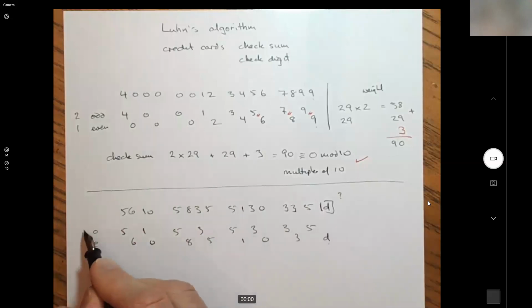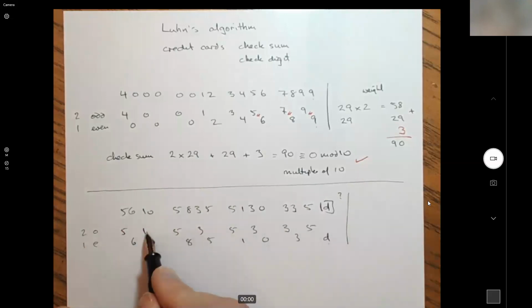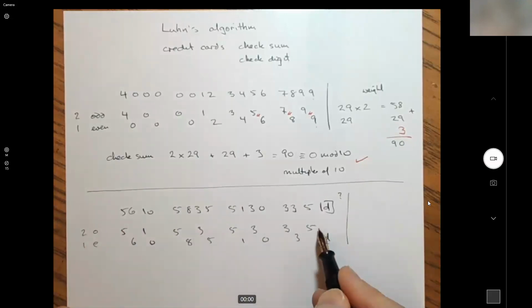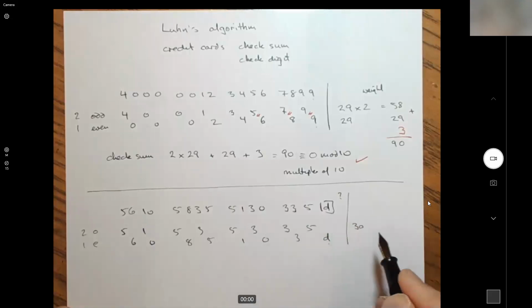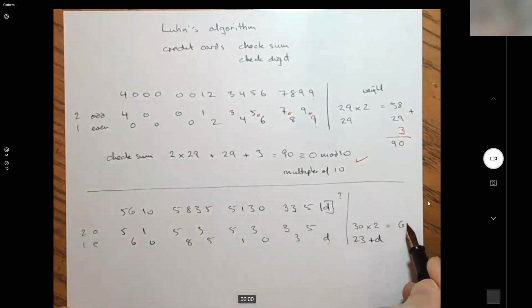Again, remember we're weighting these by 2 and these by 1. So we add up 5, 1 all the way up to 5, and that turns out to be 30. And we're going to multiply by 2. All of these, 6, 0, 8, 5, all the way up to 3, ends up being 23, and we're adding the D. So that's 60,